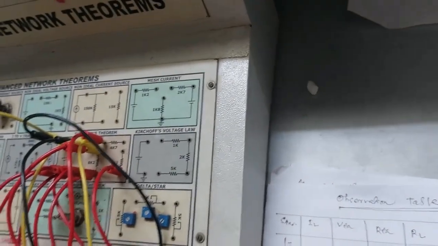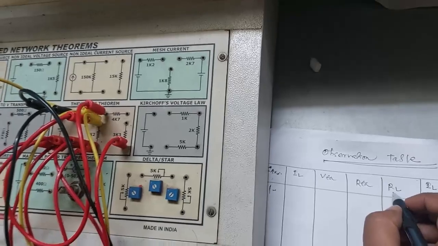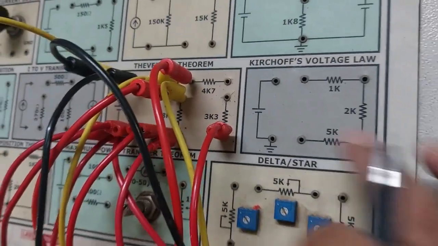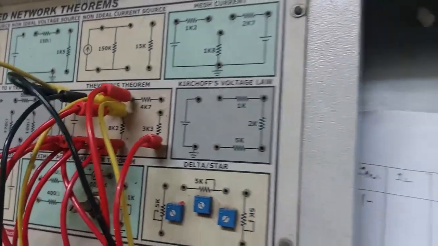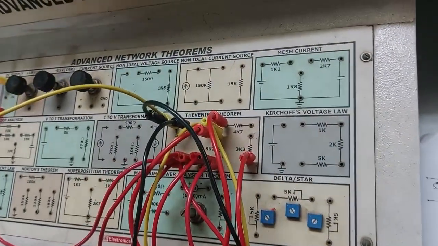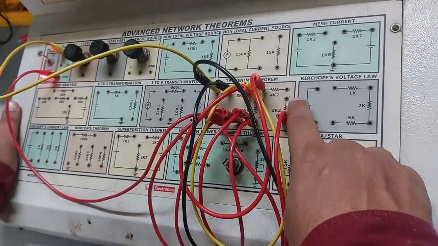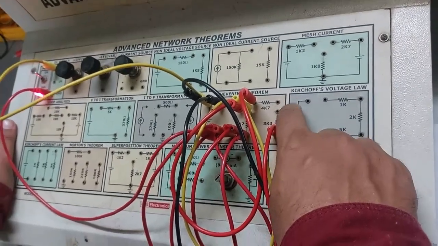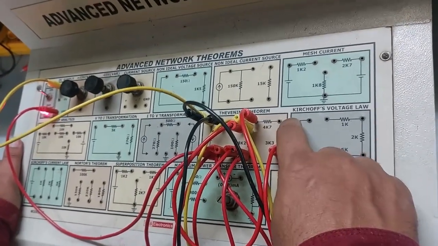So what happens? First we have to power on the circuit. Here the value of load is 3 kilo ohm. See here, the value of load is 3 kilo ohm. No, that is 3.3 kilo ohm. Okay, just see, that is equal to 3.3 kilo ohm. Now we have already given the power supply. Look here, this load is open. Why? Now we have to find the value of IL. That means we are going to measure the value of IL, or load current.